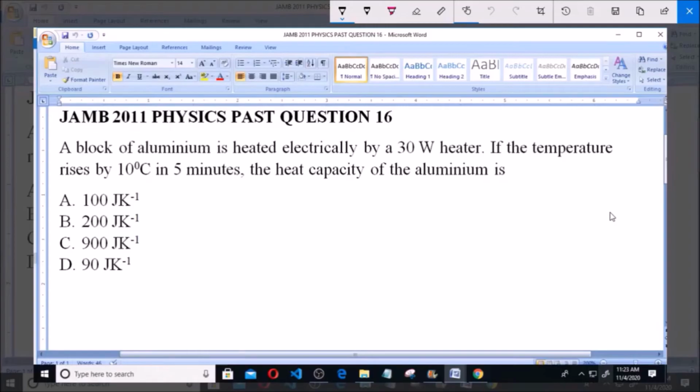Hello and welcome. I will be answering JAMB 2011 Physics Past Question 16. A block of aluminium is heated electrically by a 30-watt heater. If the temperature rises by 10 degrees Celsius in 5 minutes, the heat capacity of the aluminium is: A. 100 joules per Kelvin, B. 200 joules per Kelvin, C. 900 joules per Kelvin, D. 90 joules per Kelvin. In this sort of question, what you need to remember is that heat supplied